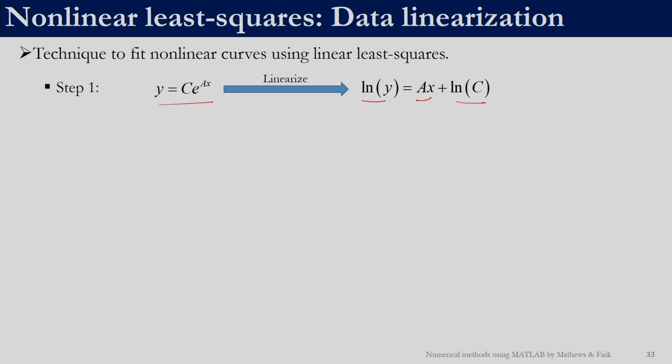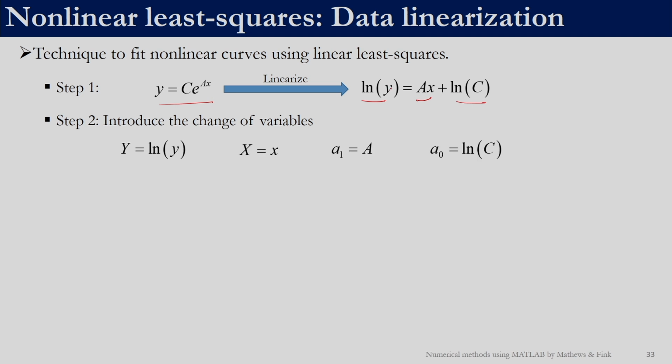Now if we see this model, y is known. In this case remember x and y were given. So, y is known, so we can calculate ln of y. Let us denote it with the uppercase Y. If lowercase y is given, we can calculate the uppercase Y using this transformation. Let uppercase X be the lowercase x. So, we are equating it to Y is equal to a0 plus a1 X. We are basically converting it into a linear regression problem.